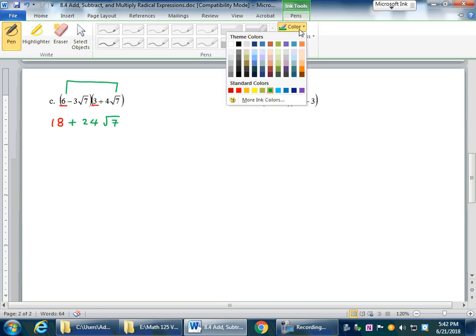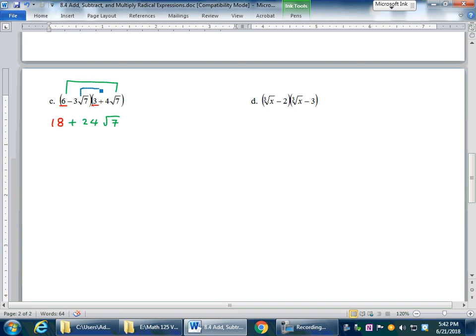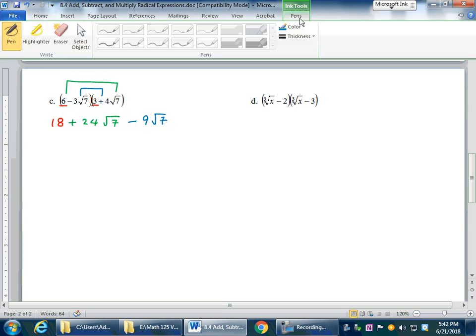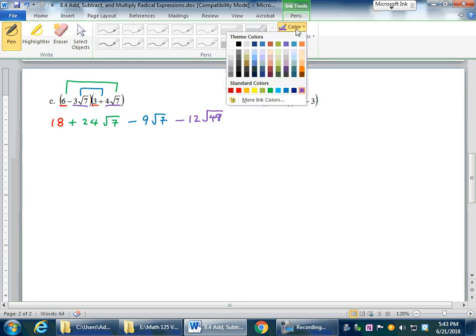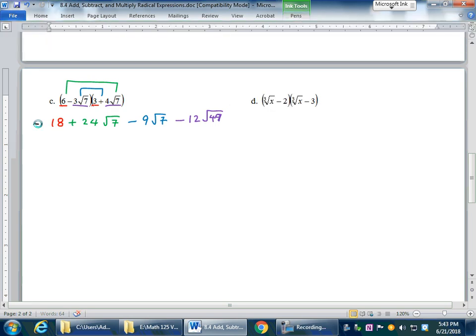And then we're going to multiply the inner together. So negative 3 square root of 7 times 3, that will give me negative 9 square root of 7. And finally, we're going to multiply the last together. So that will become negative 3 times 4 is 12. Square root of 7 times square root of 7 is 49. Square root of 49. So we know that from here, continue simplifying, that will become 18 plus, these two terms